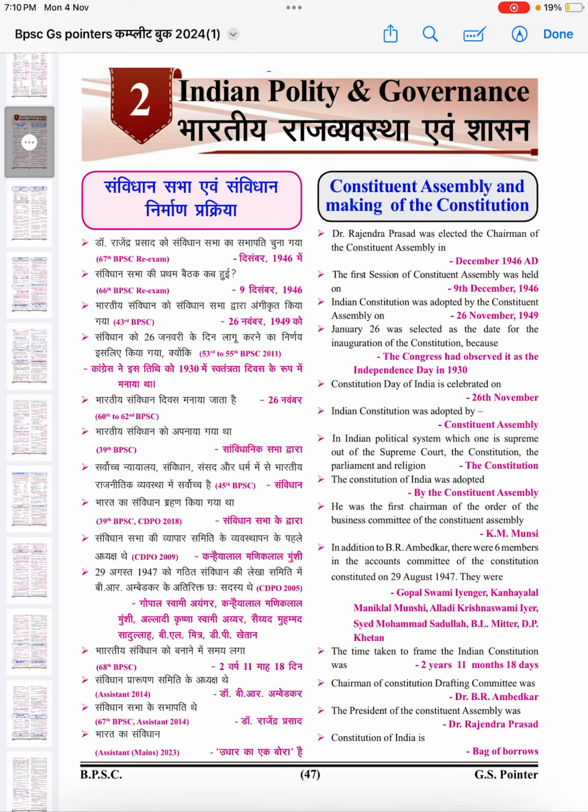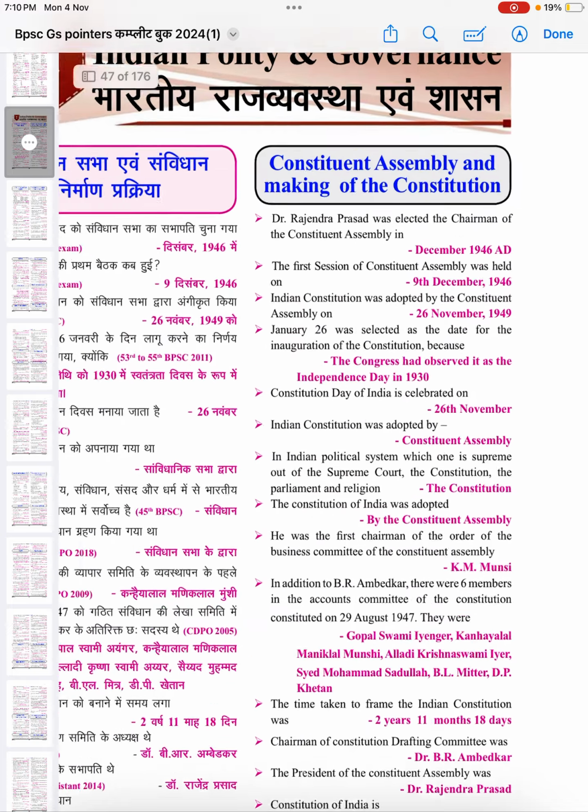हेलो एवरीवन, ये हमारी पॉलिटी PYQ की फर्स्ट वीडियो है। इस रैपिड रिवीजन सीरीज़ में हम 38 से 69 प्रीलिम्स एग्ज़ाम के PYQ के साथ साथ जितने भी BPSC ने A ग्रेड एग्ज़ाम्स कराए हैं वो सब कवर करेंगे। तो आइए स्टार्ट करते हैं। इंडियन पॉलिटी एंड गवर्नेंस, कॉन्स्टिट्यूएंट असेंबली एंड मेकिंग ऑफ द कॉन्स्टिट्यूशन।